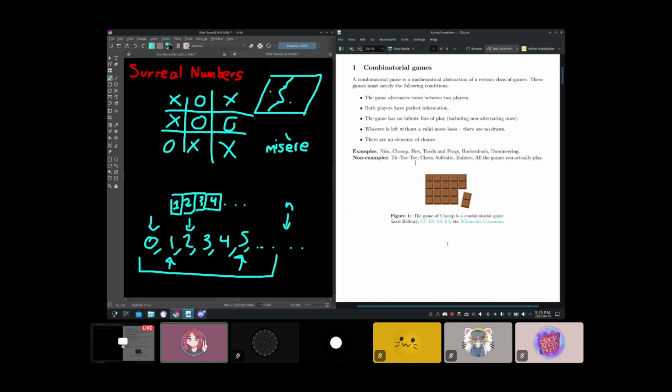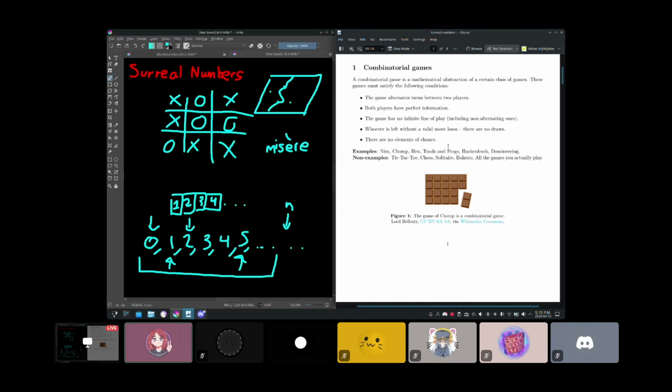And well, yeah, I do list some examples here of games that we can fit into this paradigm. I don't think this collection of games has a proper name. I guess you can call them well-founded combinatorial games, in contrast to loopy games, which can have infinite lines of play and can have draws and that kind of stuff. But well, yeah, here's some examples of that, like Nim.